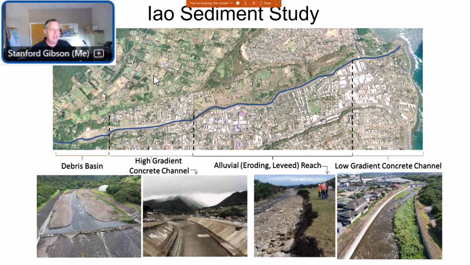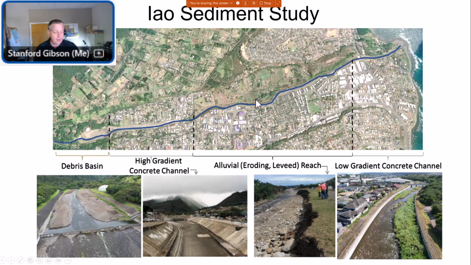This is an alluvial fan downstream of the mountain that is Maui, right? And so it's the volcano, and so they get tropical rain on the volcano, and just these huge sediment slushes come off, almost debris flows. And so in order to protect the town, there are two things that protect the town. One is the debris basin upstream so that the channel doesn't get choked with sediment. And then the Corps has a flood risk management project downstream since like the 80s with this kind of alluvial channel and